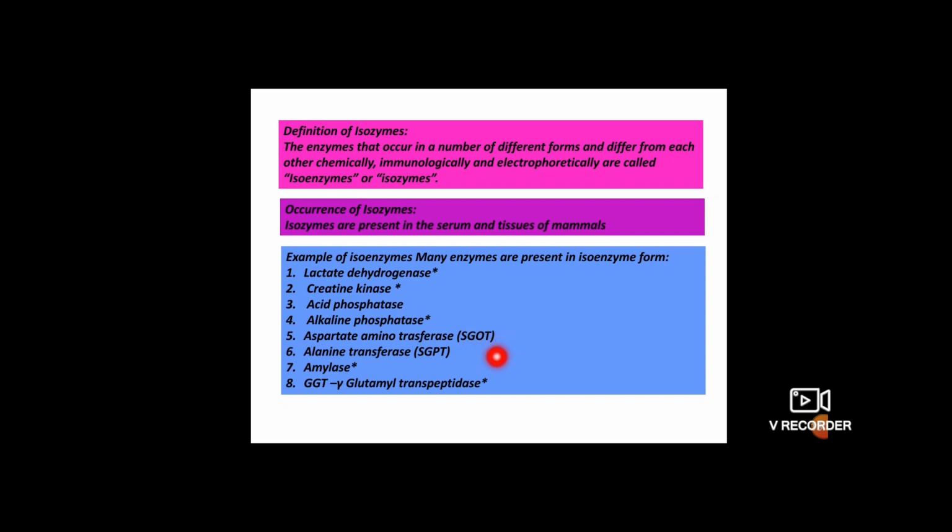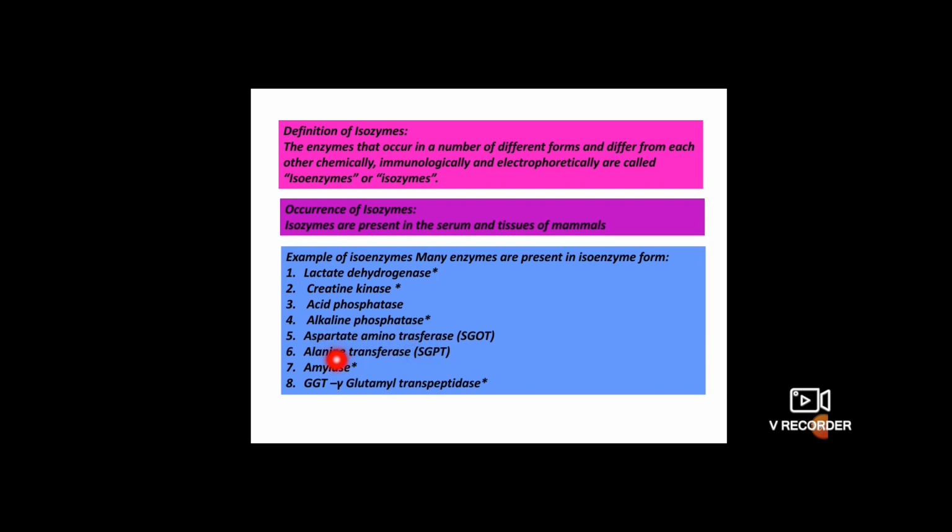Once we are studying any enzyme, we should know the full details of it. Otherwise we can't follow up the rest of the points in what we are going to study. So that's why I'm stressing this example clearly. The next example is alanine transaminase, or SGPT. So this is another enzyme which is also involved in diagnostic purposes.